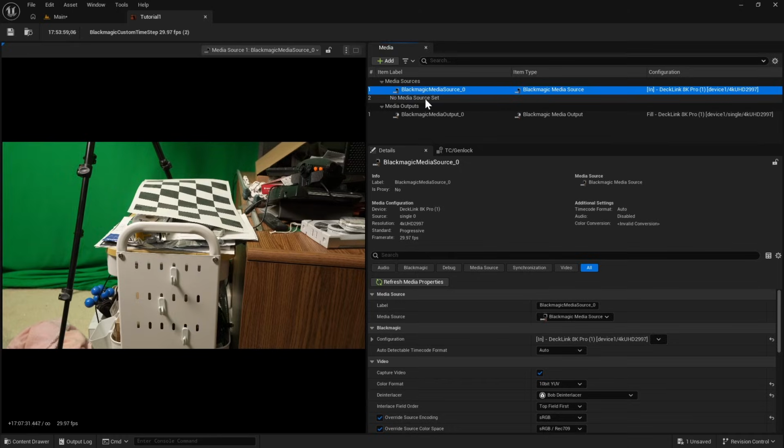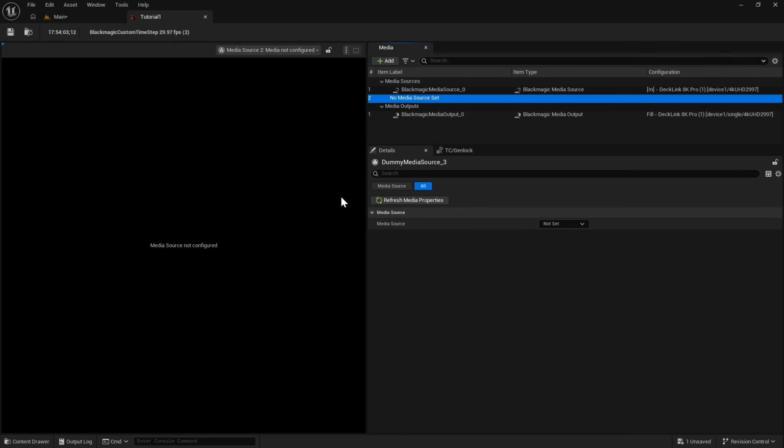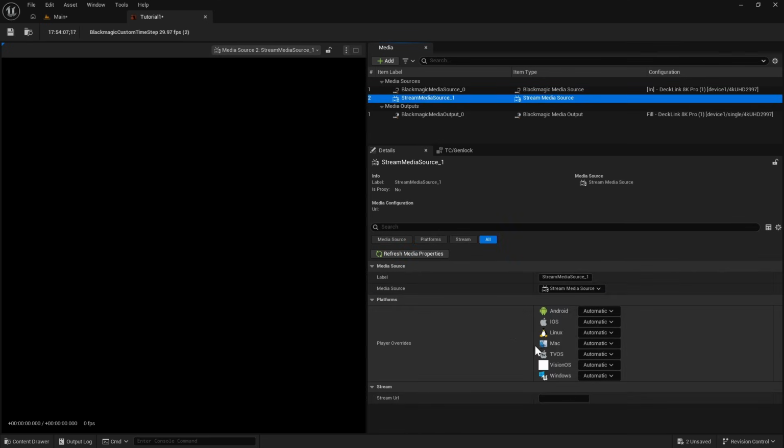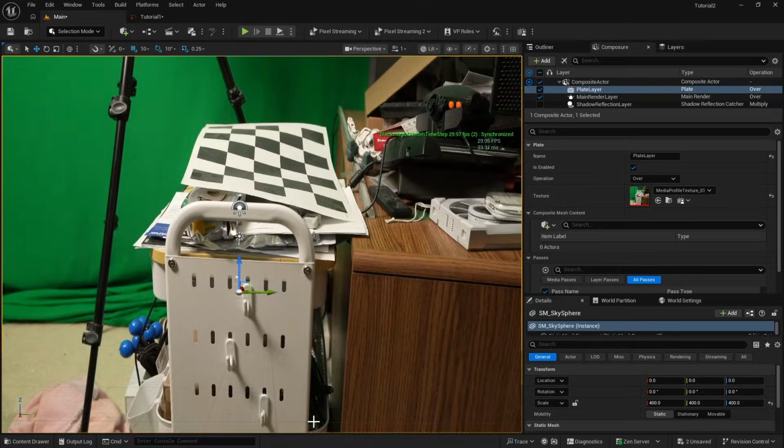Now I can go to this empty slot here, and I can choose Stream Media Source. And here's one thing that's going to be fixed in the fairly near future. You need to get this stream URL. Eventually there's going to be a pop-up here that lets you select the correct URL for your USB device, but for the moment you have to find it in a sort of roundabout way, and I'll show you how we do that. Go back to the main here,